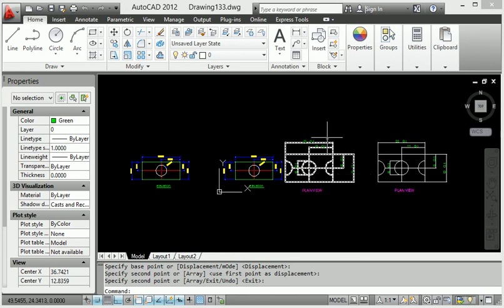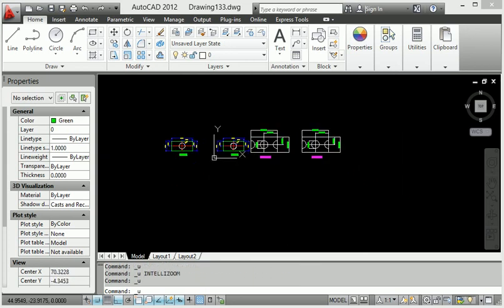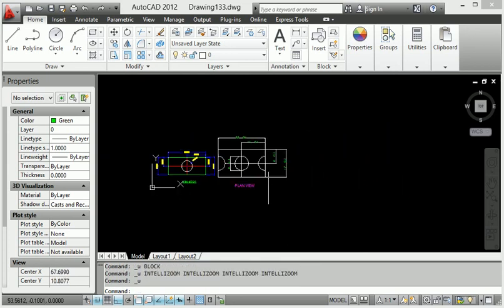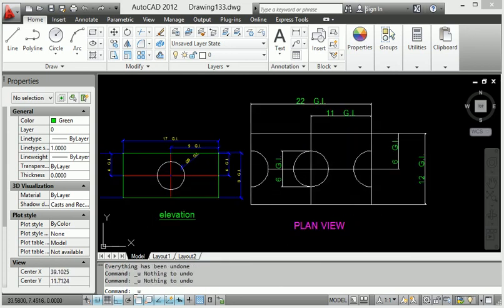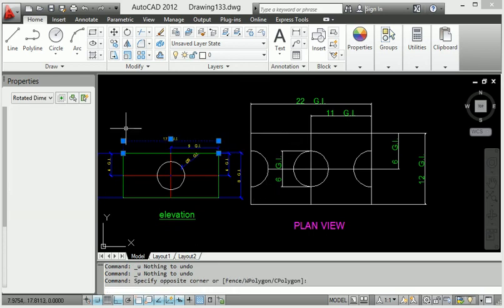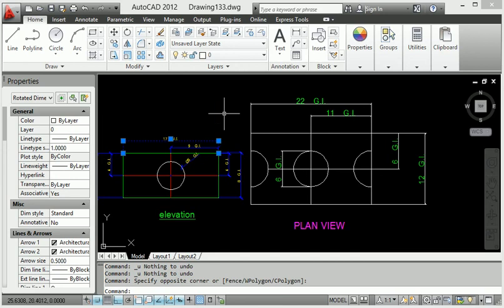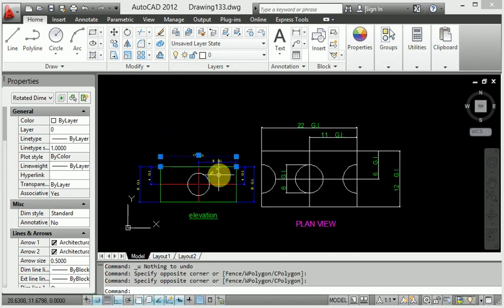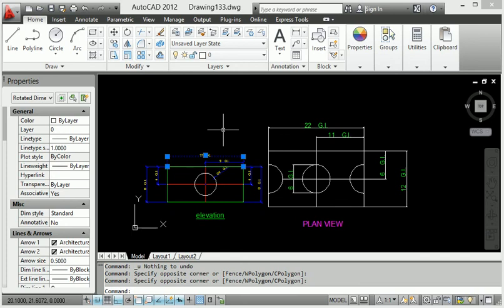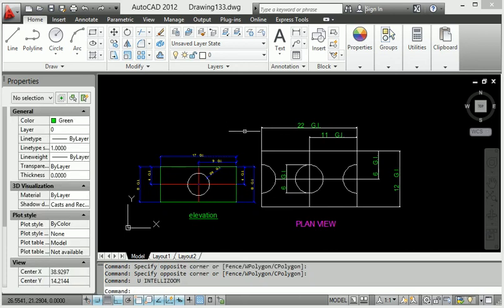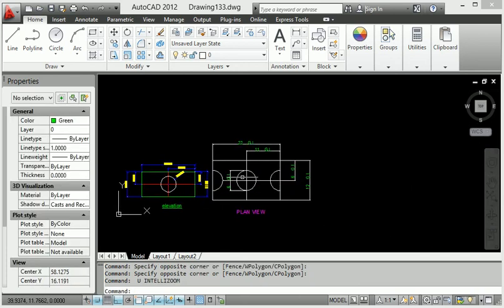Then if you want to remove the block definition, use X, enter. So this is very important for working with diagrams using block definition, right? So this is how to work with block definition in AutoCAD.